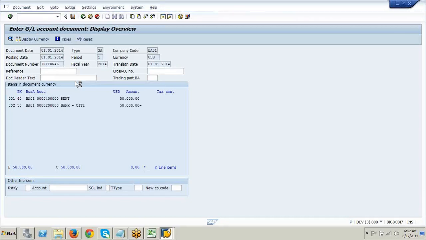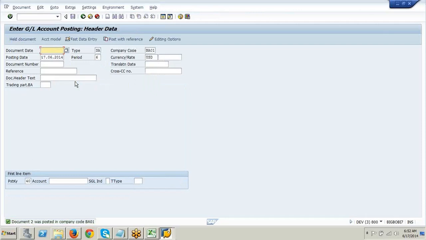The business area will remain the same for both the entries, right? Obviously, in this case, the debit and credit should remain the same. If you want to pull up a report, the debit and the credit side should be equal, right? Whenever you are pulling any reports. Okay, let me post some more entries.